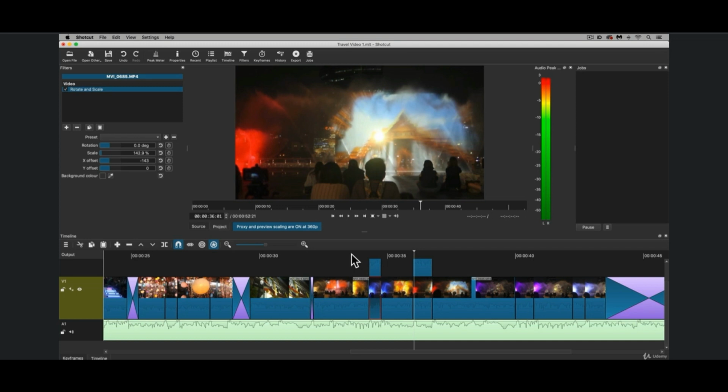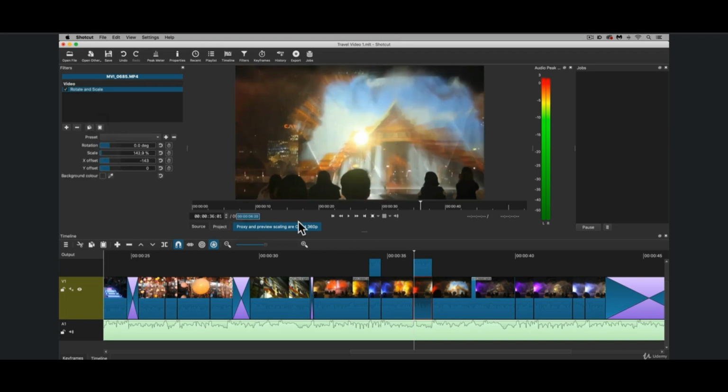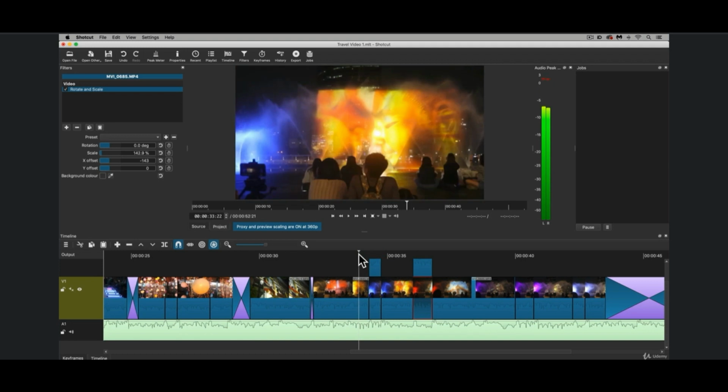Sometimes you may have adjusted the settings of one of your filters, and you might want to copy those onto another clip, so it's really quite easy to do so. Go down to here where it says copy the filters. Now that's copied. So I want to paste it onto this clip just here. All I have to do is click on this icon, and that will paste the filter. So if we play this back,